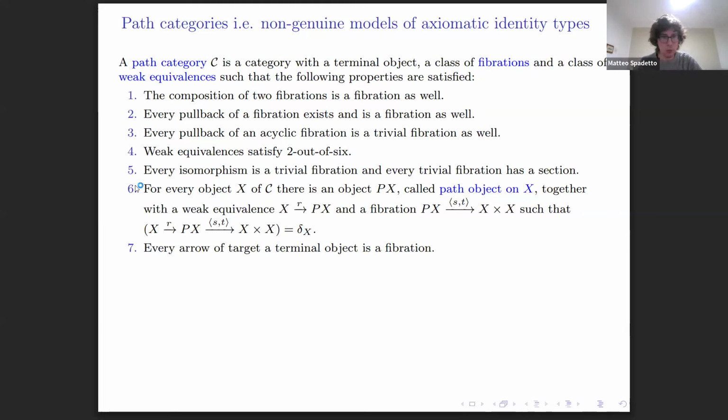Let us have a look at axiom number 6, that tells us that whenever X is a context, an object of C, its diagonal factors as a weak equivalence followed by a fibration. Here, the idea is that the class of fibrations will be our class of display maps. So our family of arrows that we use to talk about types,